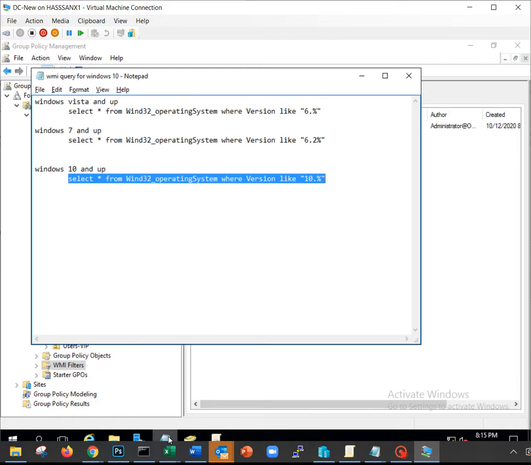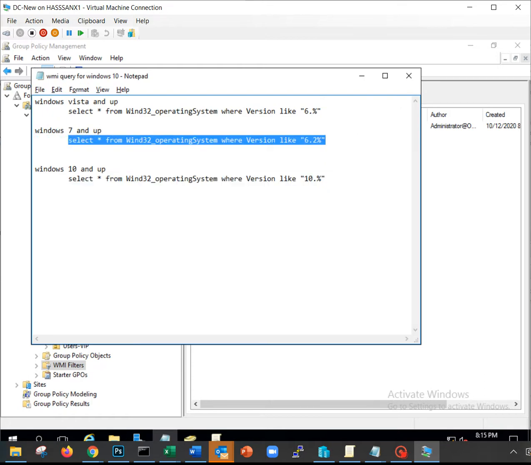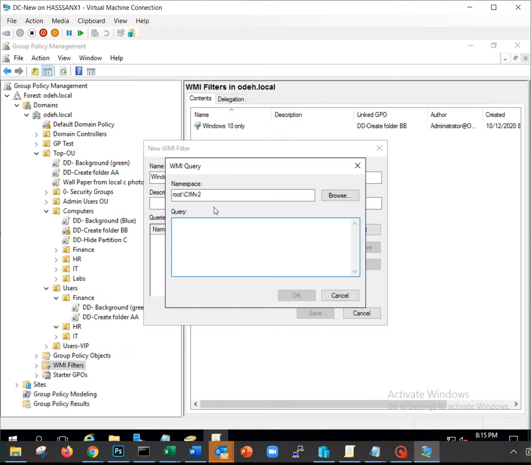For myself, I have the small query written here. So this is the query for Windows 7 machine. I'll take it, I'll put it here. So this query means select blah blah blah, Windows 7 machine. You tell me, how did you know that? Honestly, I don't know. I went to Google it, I'll show you how to Google it. So I click here now. If you do 10, that means Windows 10 machine. If you do 6, that means Windows Vista and newer. Whatever the number is, you just do the query.